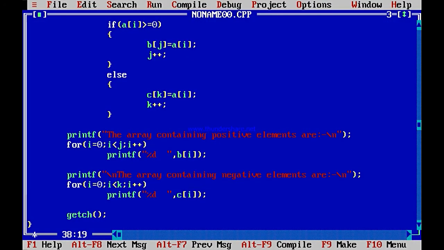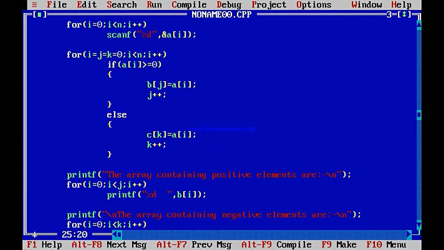One thing that I will tell you in this program is, see, here you have copied it to J and you have made J++ after that. You can combine these two lines. See how?